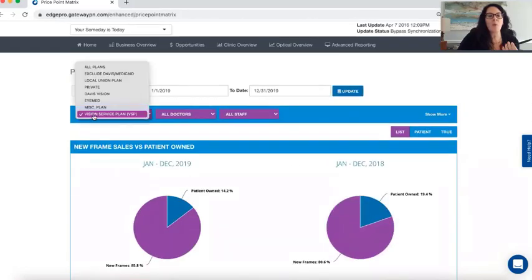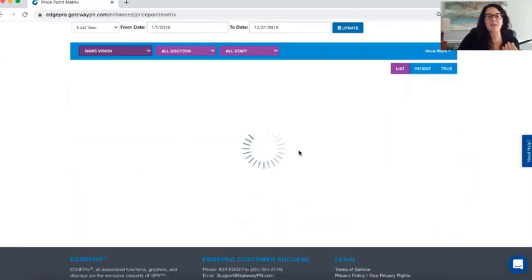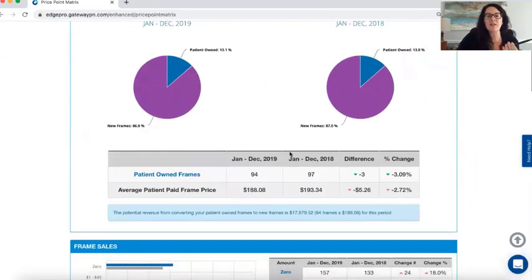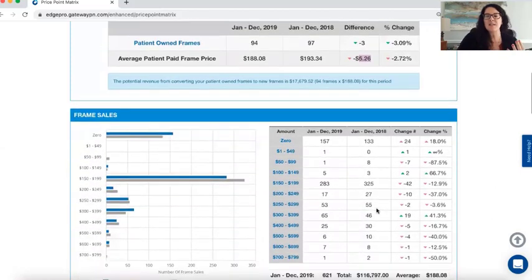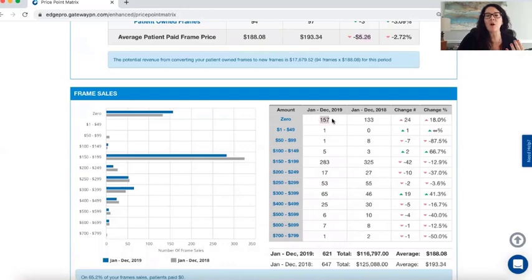The other one that we want to take a look at here is Davis Vision. And so with Davis Vision, we can actually see that the average patient paid frame price actually dropped by $5.26. So whereas VSP is up, Davis Vision is down. Remember that Davis Vision also was the top leading $0 frame sales, and you can see that here as well. And you can see what's happening. So, part of the contributing factor is that we had more $0 frames, but we also had a decrease in